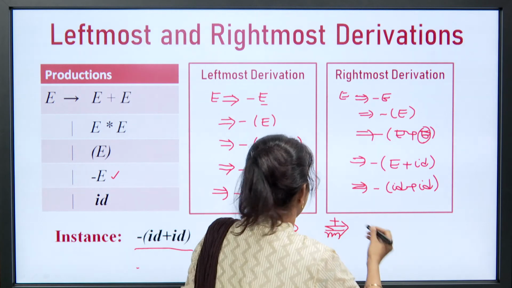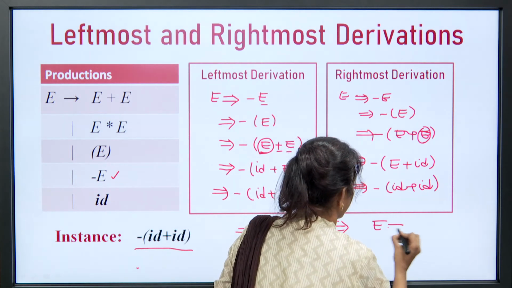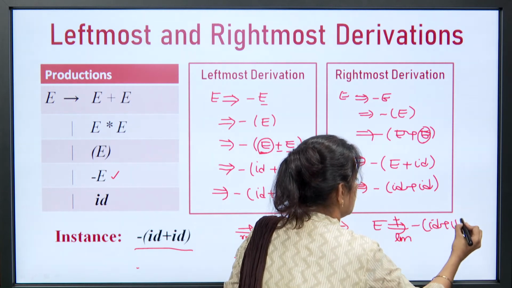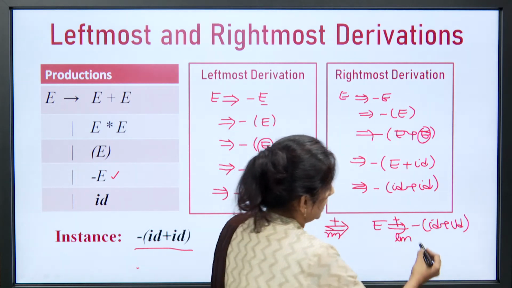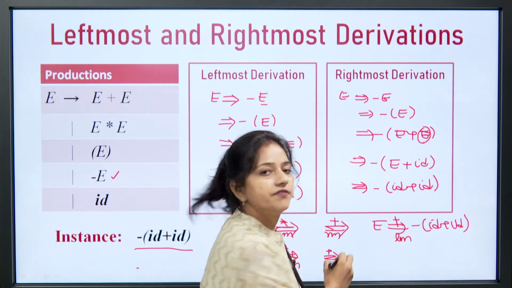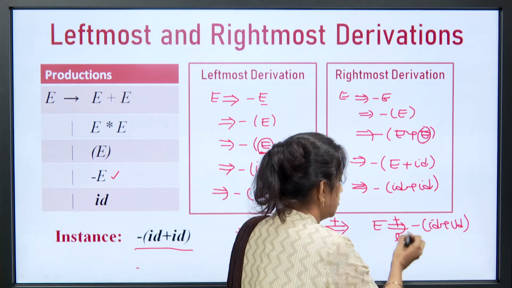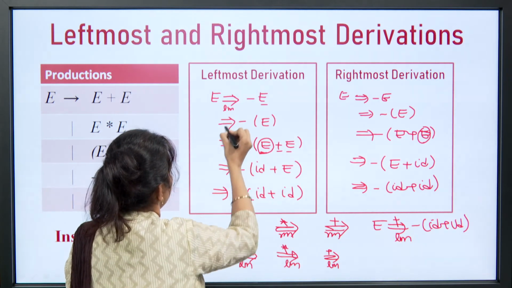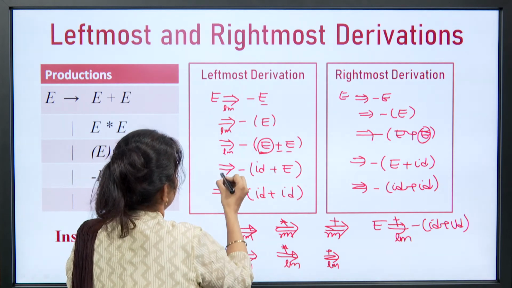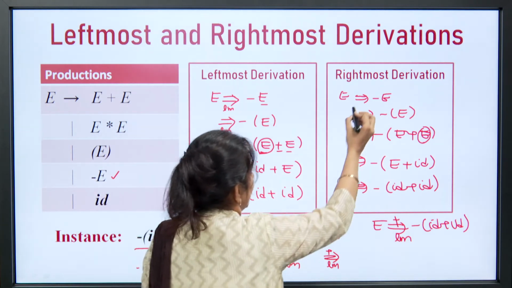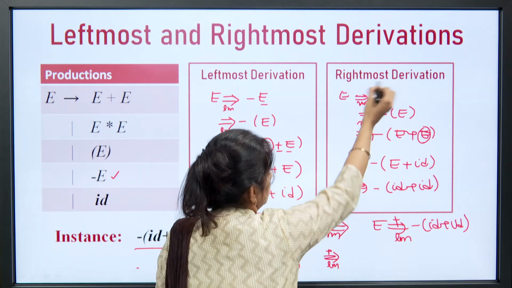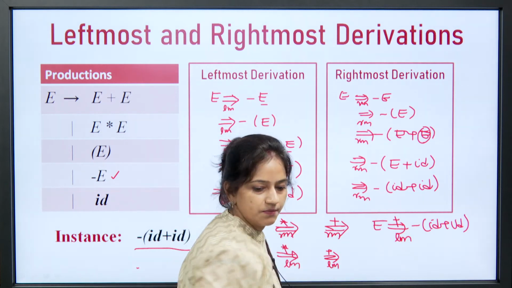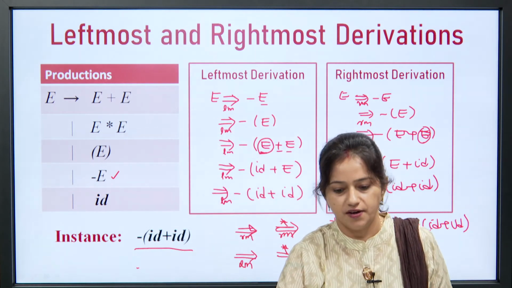This question can also be written like this one. So what is the meaning here? Obtain this instance from the start symbol of the grammar using leftmost derivation. To make it more clear, below the arrow we can write LM, and here we can write RM. But because at the top of the box we have made the entry of RM, it is obvious what we are doing over here.